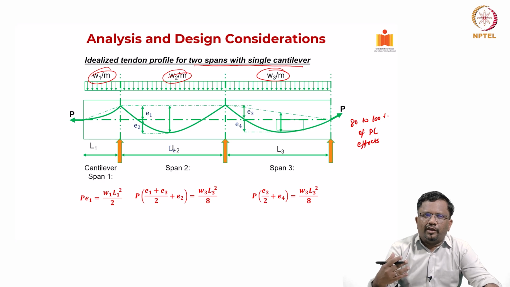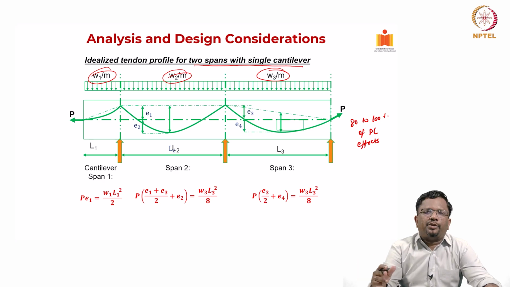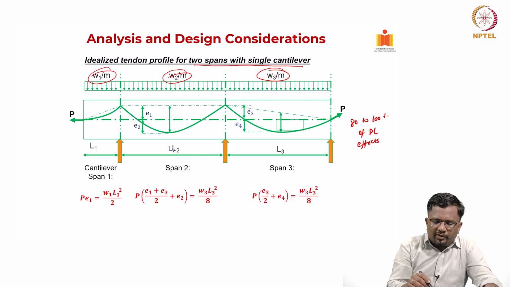So you design the pre-stressing in such a way that the upward load created by pre-stressing is going to balance at least 80 to 100% of your dead load. So that's the concept. Now, if I have to balance W1, I can choose the eccentricity E1 in such a way that P into E1 should be equal to W1 into L1